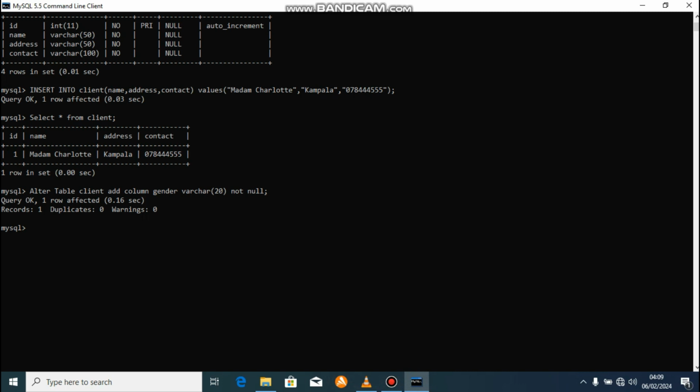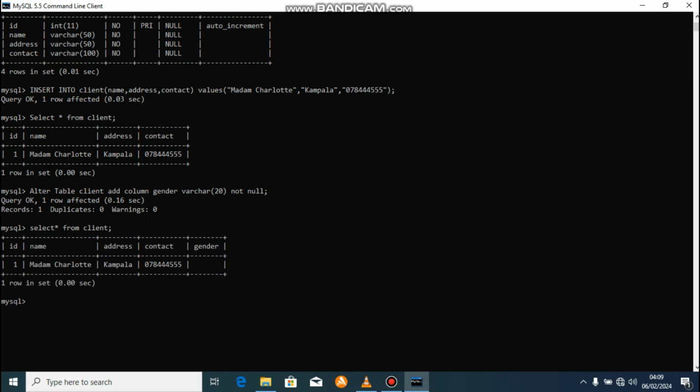After creating column gender, you can say select all from client. So you see that gender has been created successfully, but it is empty. So how do you update gender? You update like this,